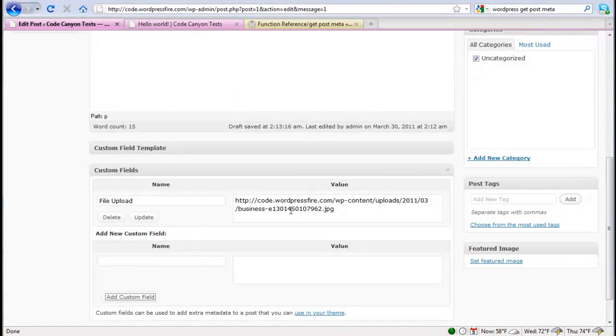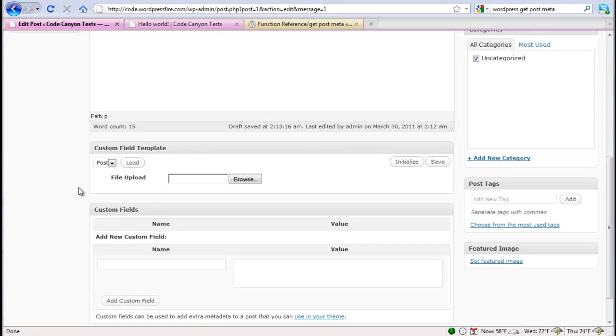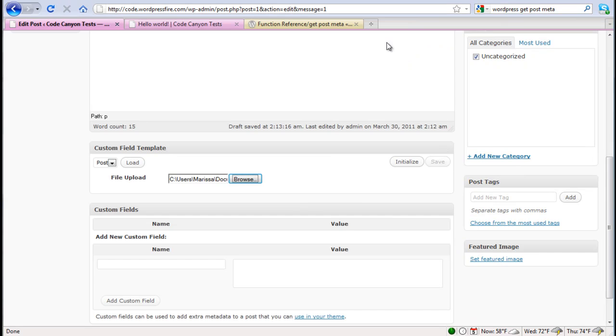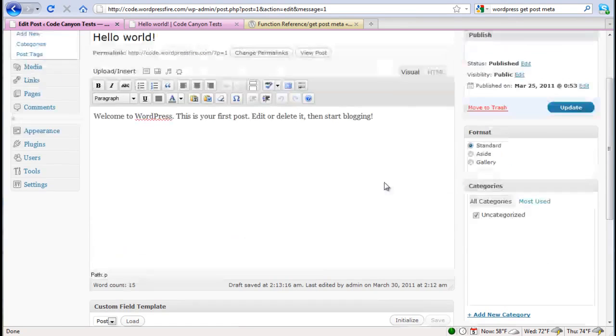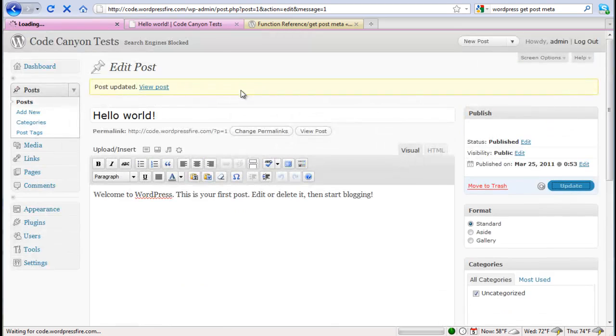Now another thing I could do is if I use another plugin like custom field templates, I can make that a little bit easier for my authors that I'm developing this theme for. I can create a custom field template called file upload, and upload right on the page. So I can go browse. Let's use this image. Scroll up, click update, and then once that saves,